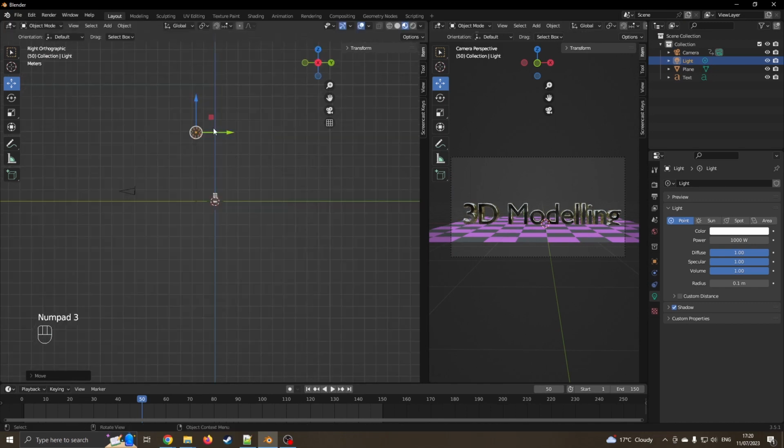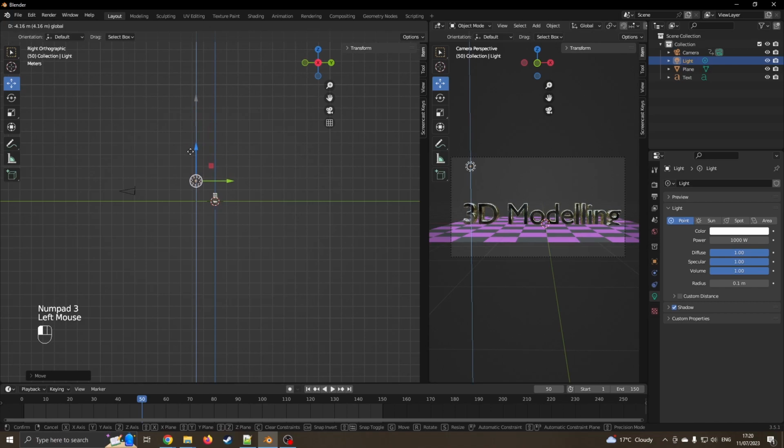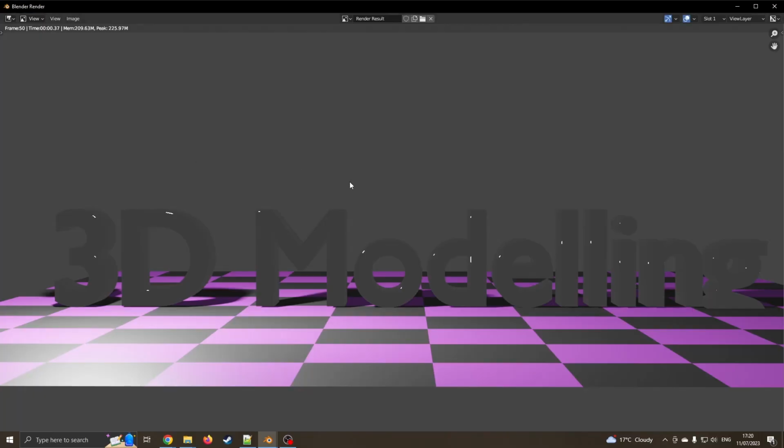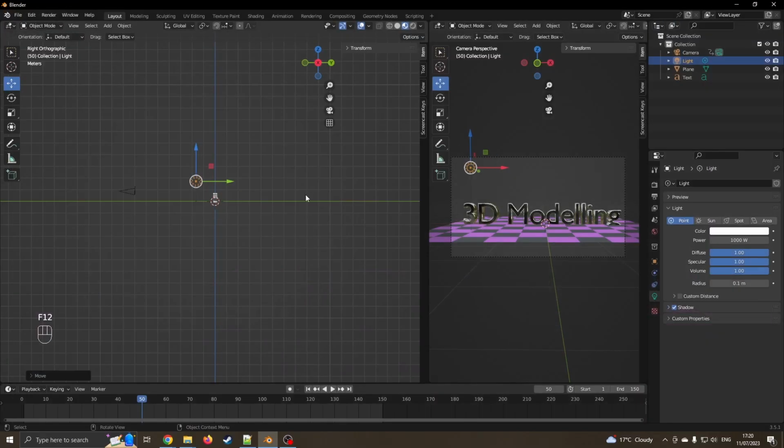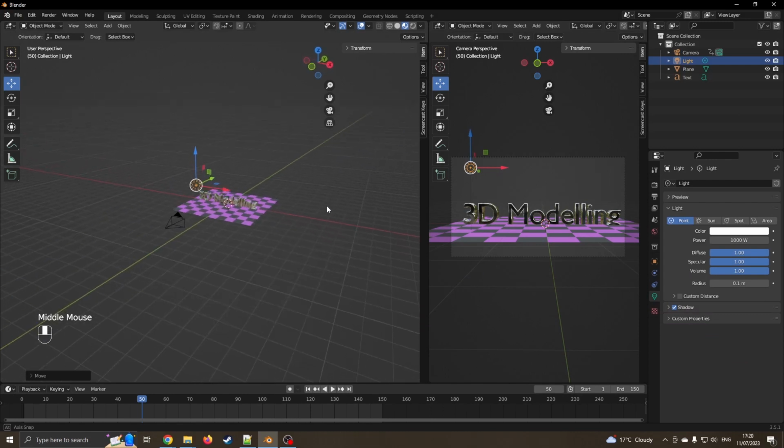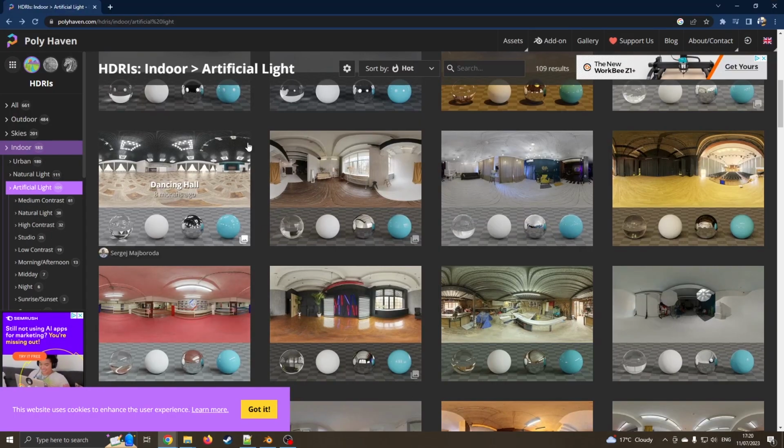Just come to the side view, move the light source down a little bit. Press F12, is that better? Yeah, it's not great. So I want to put something a bit nicer in the background. Now we can do something called HDRI images. I'm not going to explain what they are right now, but if I go on to